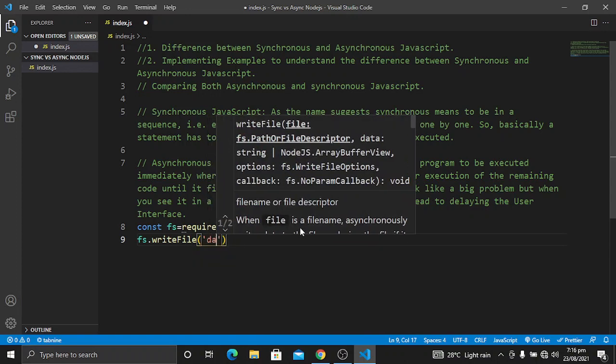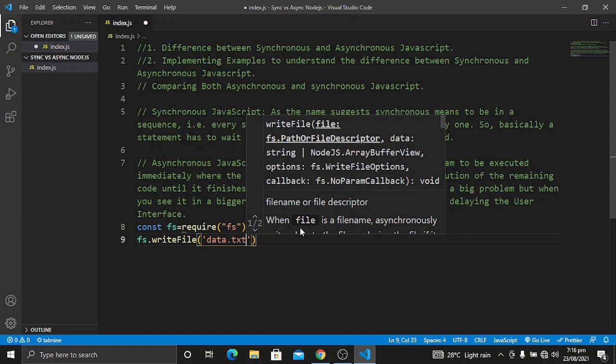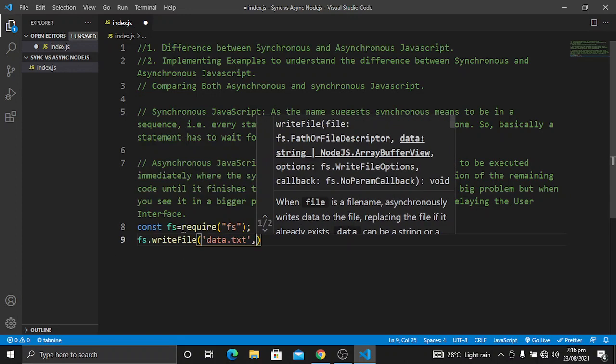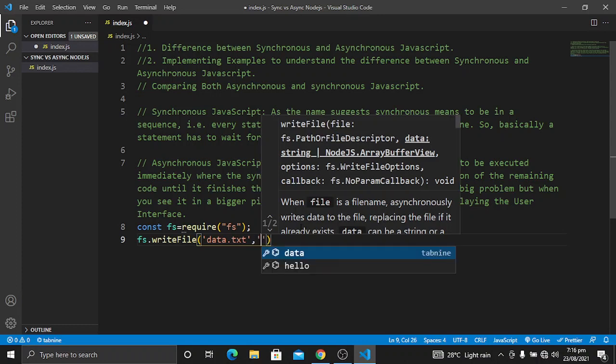So let's give it a name of data.txt and let's give it some data.